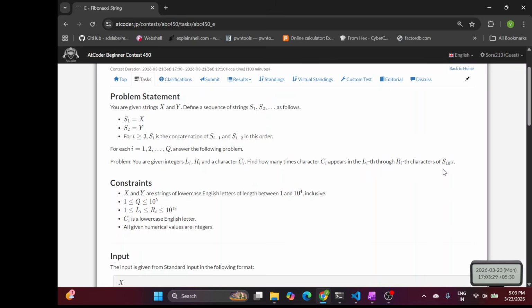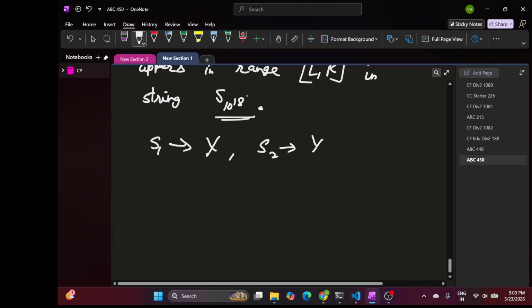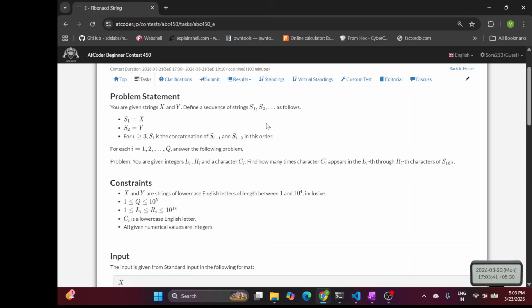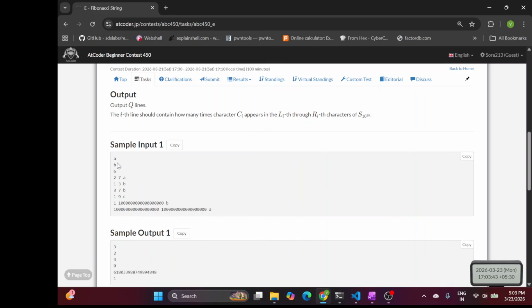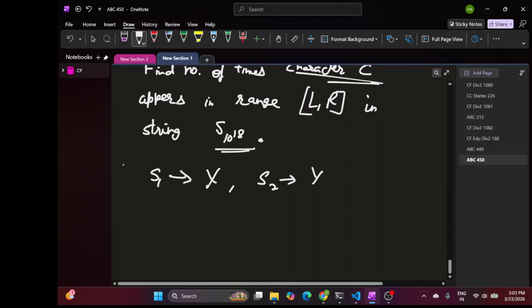Because we can't do a direct loop, right? And in the first place, we can't write such a big string, because even if the first two strings have only one character each, like in the first example, still the Fibonacci series pretty much grows exponentially, right? So our number of characters will also grow very quickly,